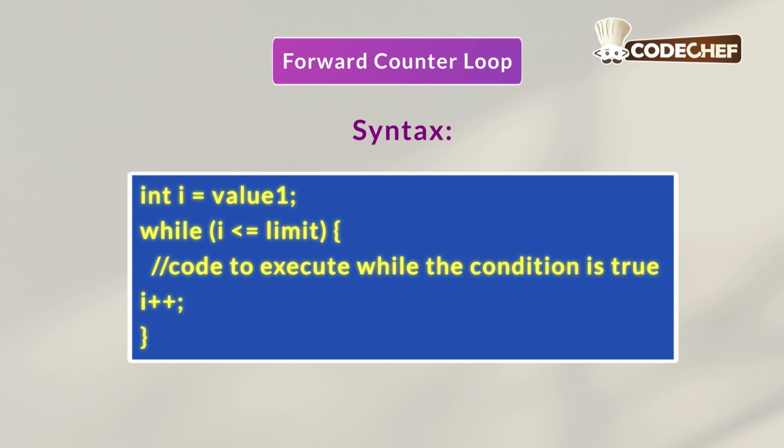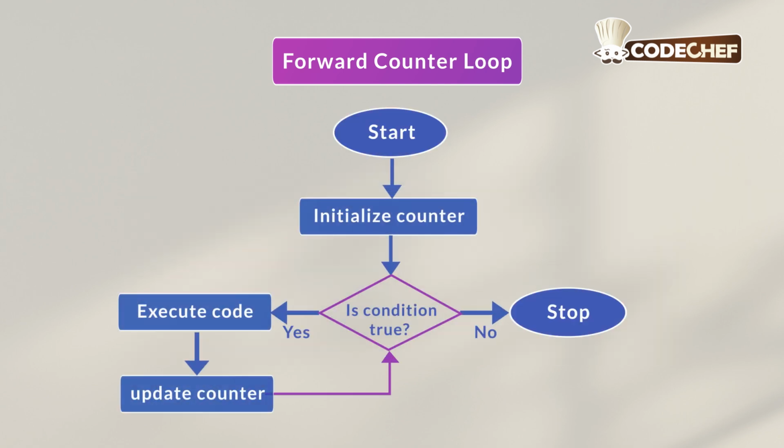So then the same piece of code will be executed, and then again i++, which means i's value is now 1. So 1 plus 1 is equal to 2. Again the condition will be checked: is 2 less than or equal to 5? Yes. So this will keep on repeating till the value of i increases to 5, because after that 5 is